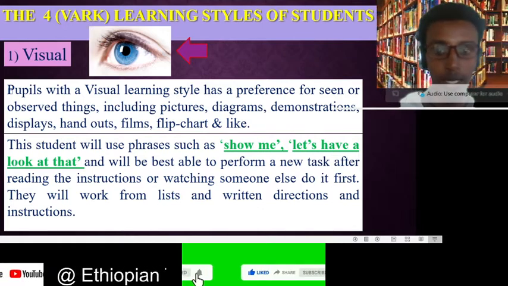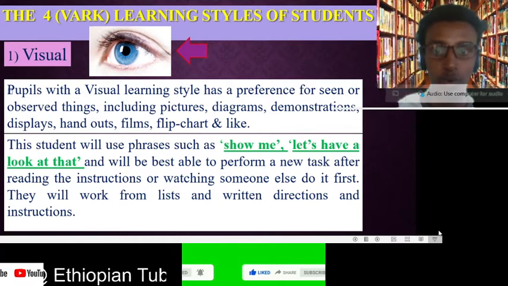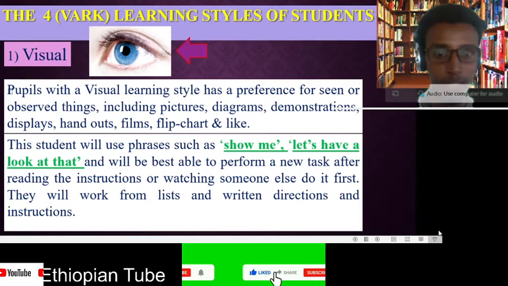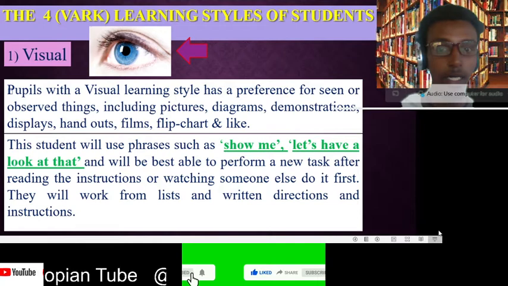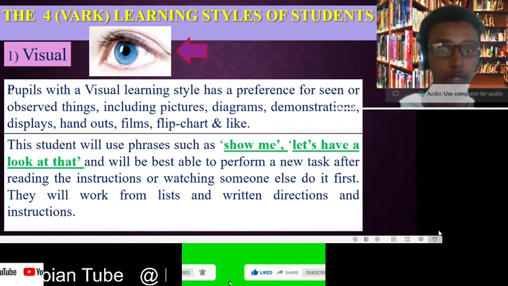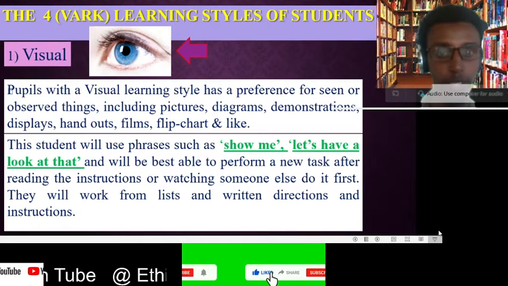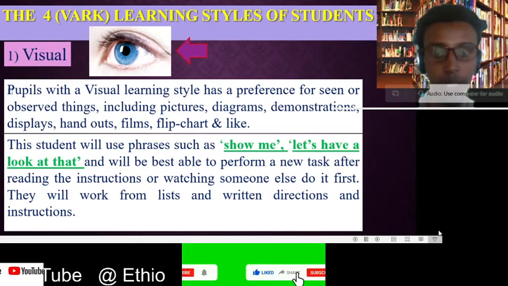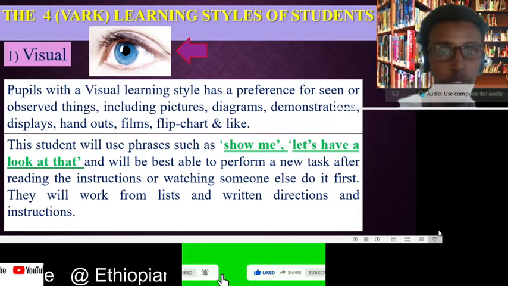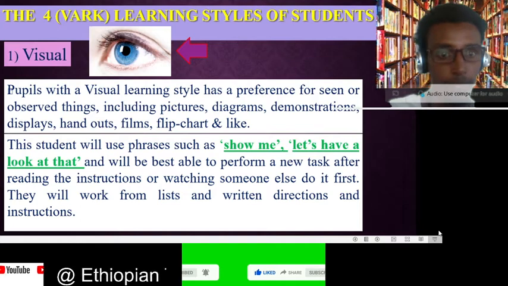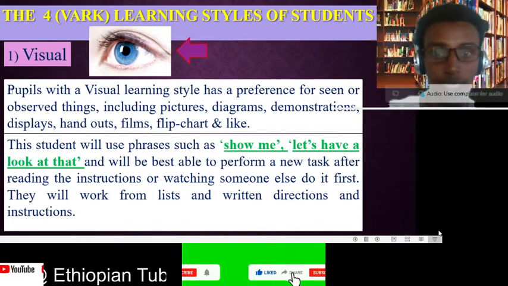To make it clear, students who best internalize and synthesize information when it is presented to them in a graphic depiction of meaningful symbols are described as visual learners. They may respond to arrows, charts, diagrams and other visualizations of information hierarchy, but not necessarily to photographs or videos, because visual learners